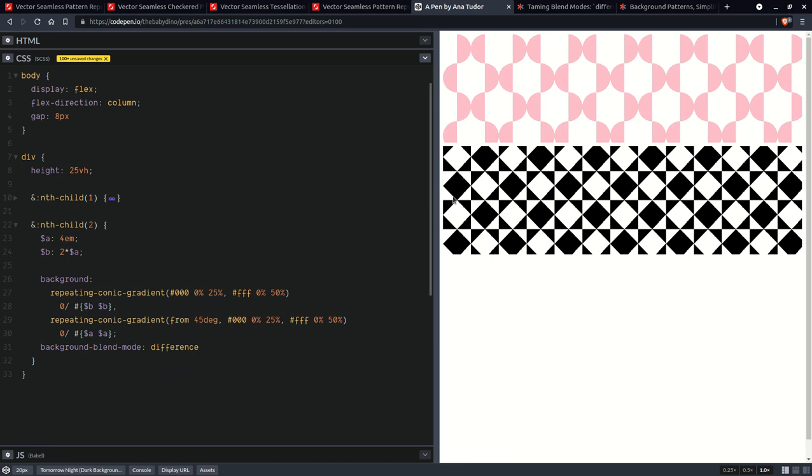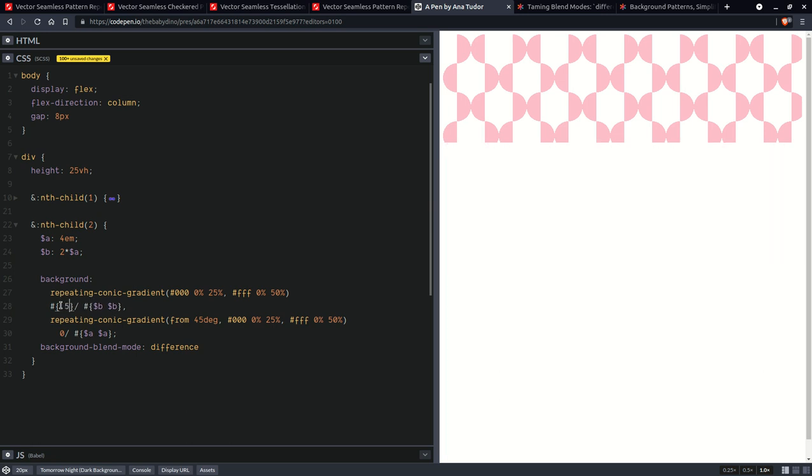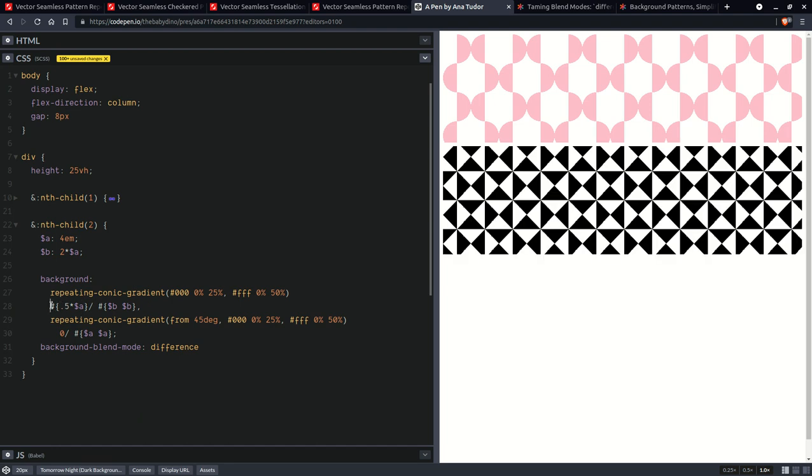Okay, not quite, because we don't have the right position, so let's fix that. Here we're going to have half, 0.5. If I could use a keyboard, that would be great. Okay, so now it's starting to look like something, but it's black and white, and let's say we wanted a